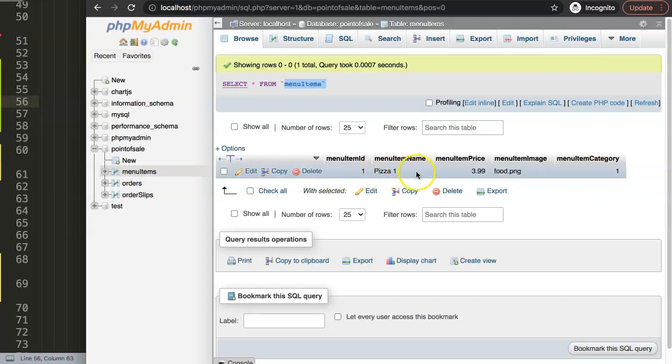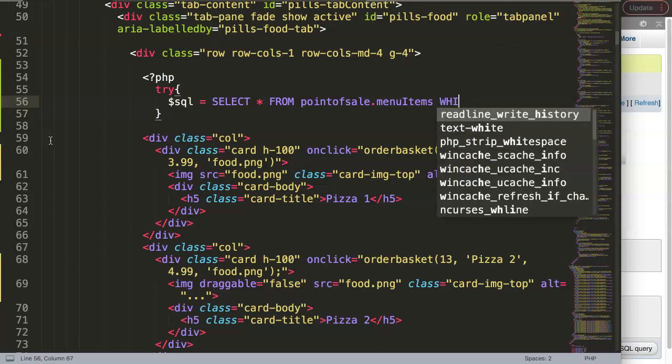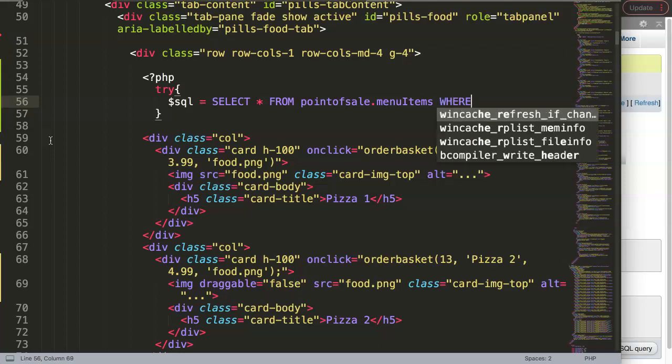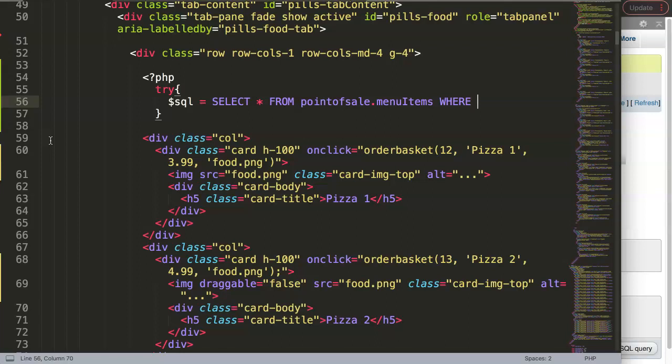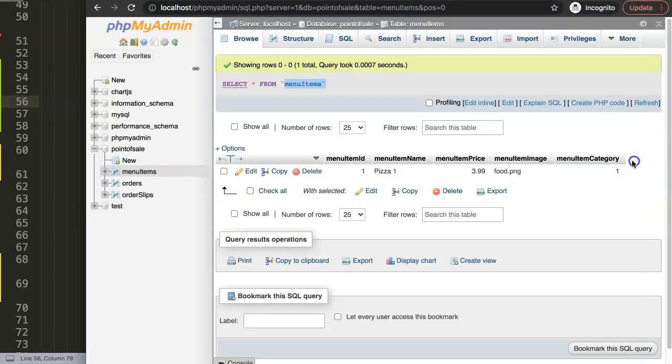Later on, if I put in an item with drink, this will be menu item category number 2. So that's our filter here. Basically, in this SQL search query, we are able to do an if statement. It's not really an if, but we say where. So this is like a condition: if the menu item, or more specifically the menu item category